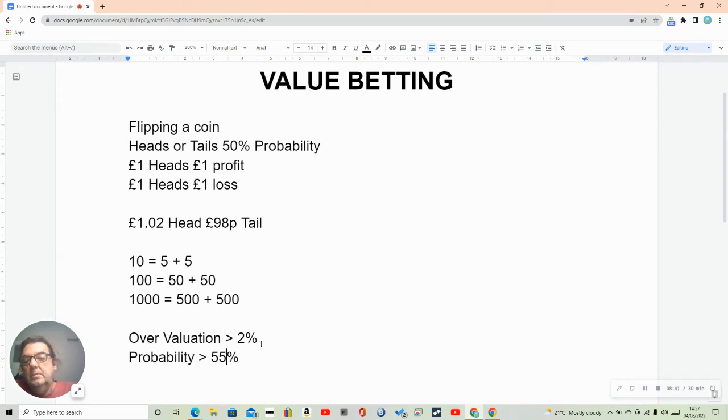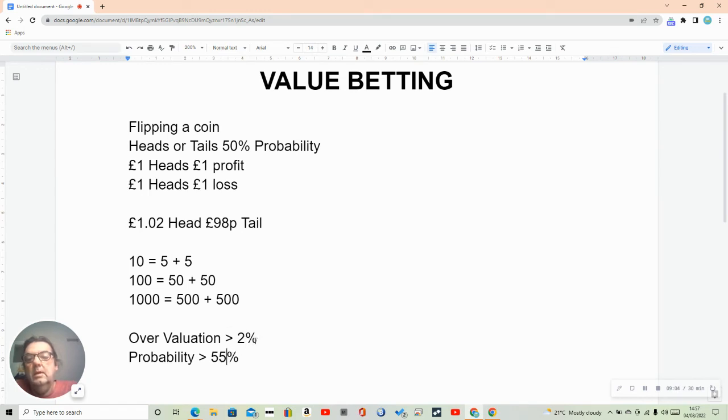I think I'm on 55%. So I'm looking at bets that are over 55% chance of coming in, because that means I'm going to win more than I actually lose, and where the valuation is over 2%. So the big issue then is, you would ask,